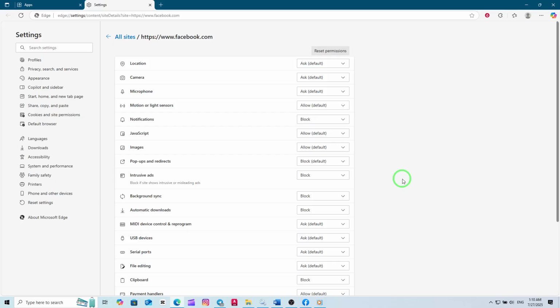With just this step, you've successfully blocked third-party apps and services from using your Facebook credentials for their sign-in. This means those apps will no longer be able to pull your Facebook information or use your credentials as a shortcut. Taking a moment to review and change your permissions like this is an easy way to tighten up your